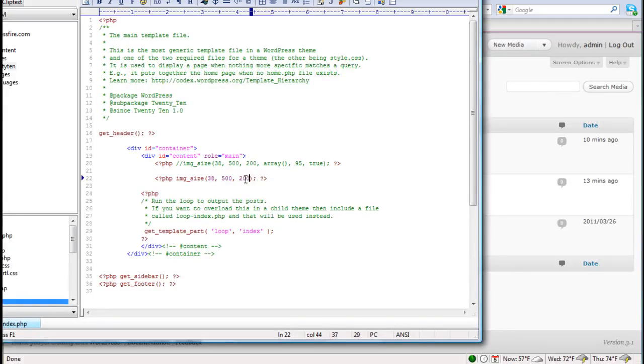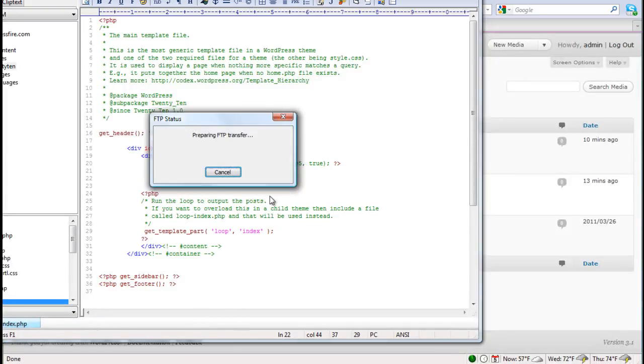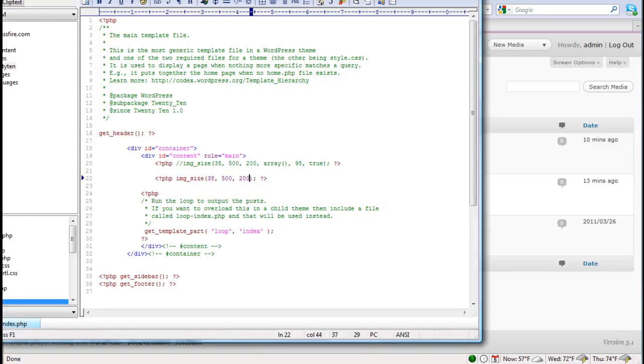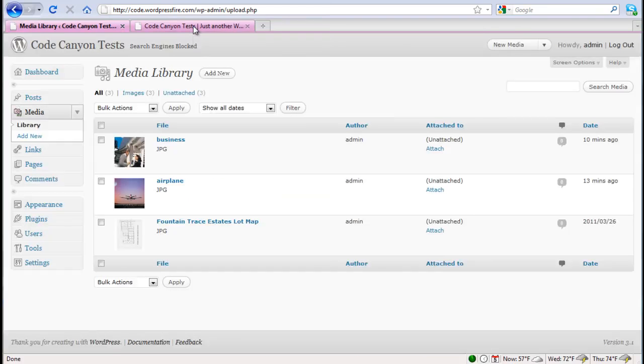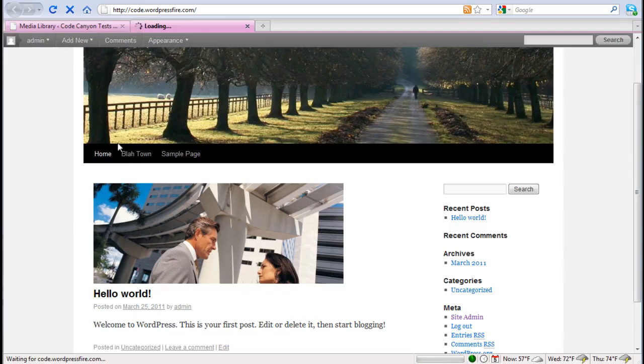So now we have a 500 by 200, which will crop this image for us. We'll just save that. And now that image is saved, we will go and refresh our home page, and you'll see that image appear here. And so this is the image set at 500 by 200. Notice one thing here is that maybe we'd like to crop it a little bit differently. Maybe we need to see a little bit more of this lady and take some of this headroom out of